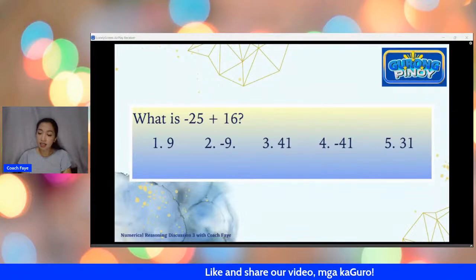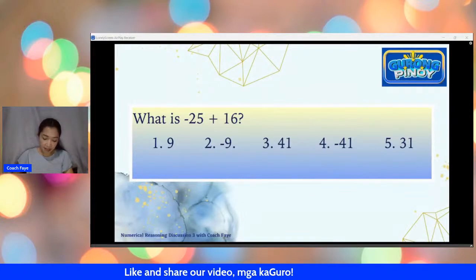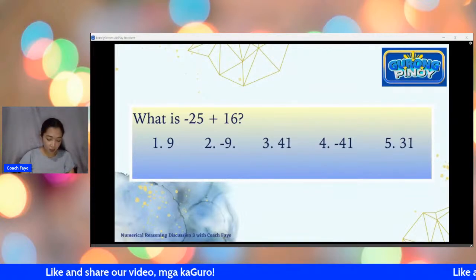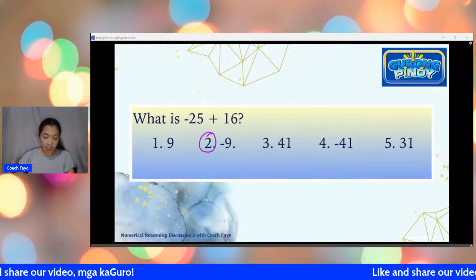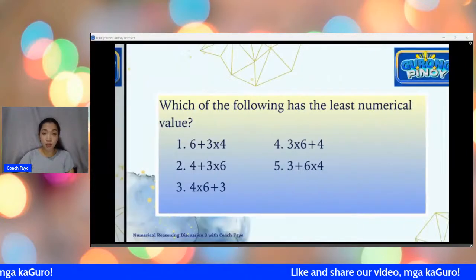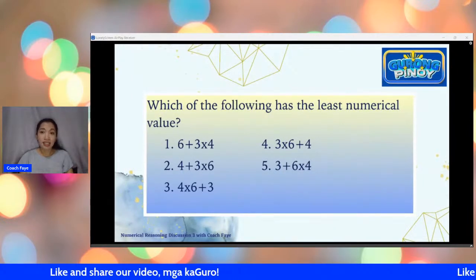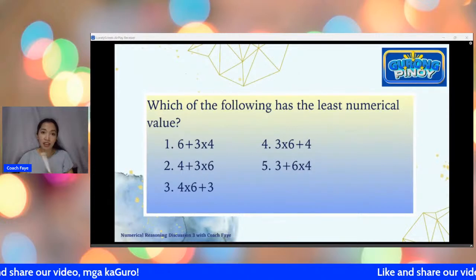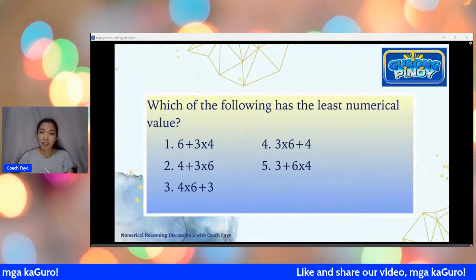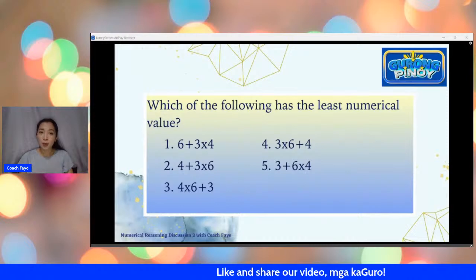So the correct answer here is indeed negative 9. Ayan po. Number 2 po. Sige. So medyo madali lang naman siya. Careful lang po tayo kasi even if we know how to solve, madali po kasing makalimutan yung mga signs pag nagmamadali po tayo sa pagsosolve. So you might get the wrong answer. So I just like you to be very, very careful when taking a look at that. So more practice, more exposure helps us to become better.